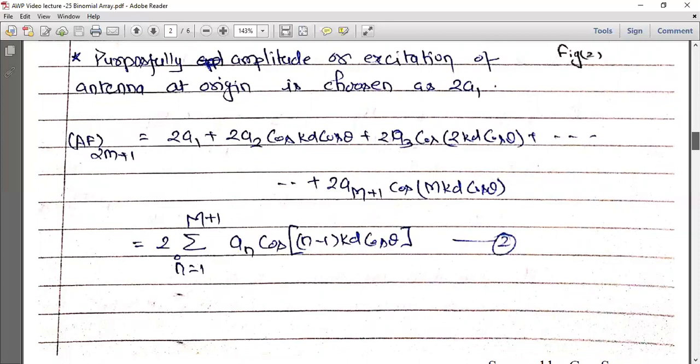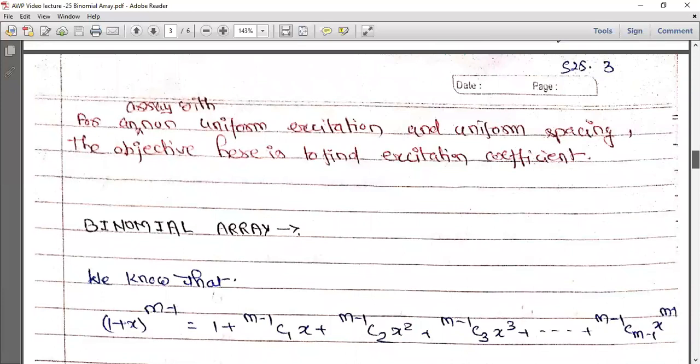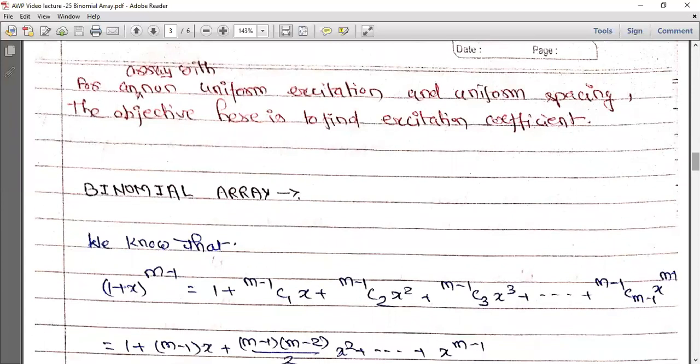Okay, we will use these two expressions for array factor when performing some numerical experiment or designing of binomial arrays. Now, what's the meaning of designing an antenna array, particularly in case of binomial antenna array? It means to find the magnitudes of excitation provided to different elements at different positions. So we have to find, if an element is placed at a specific position, what should be the magnitude provided to it, on the basis of binomial expansion.